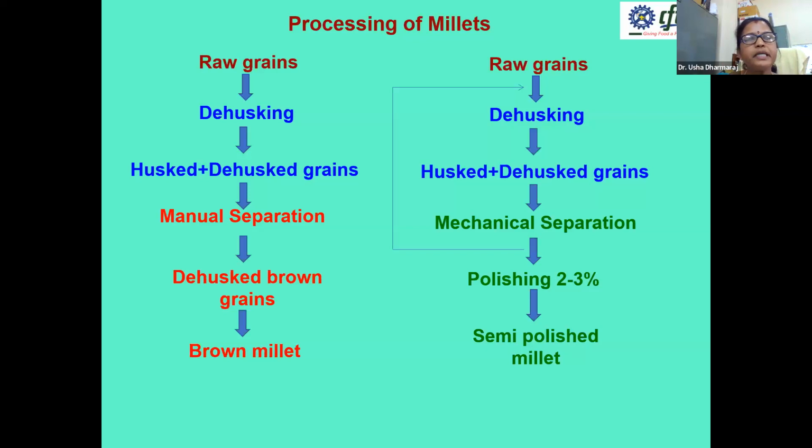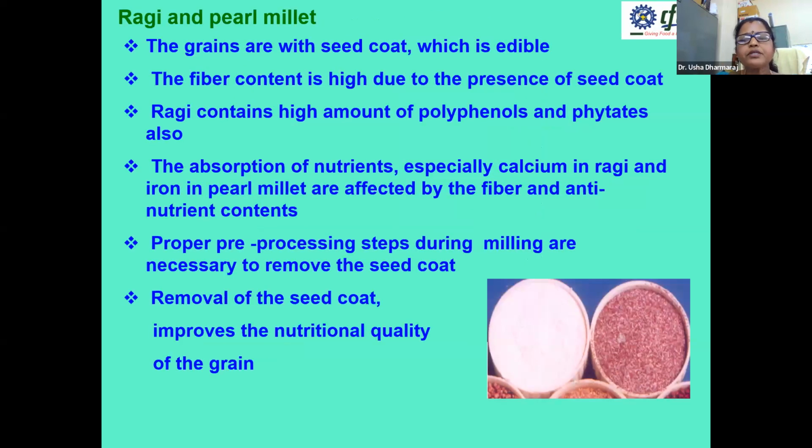Maybe if you take pearl millet or foxtail millet and little millet, the shelf life is very poor, whereas ragi has a longer shelf life, wherein you can process it in a different way. So, ragi is one example of processing: refining. Ragi contains an edible seed coat, so one can powder it and then use it if you are making products